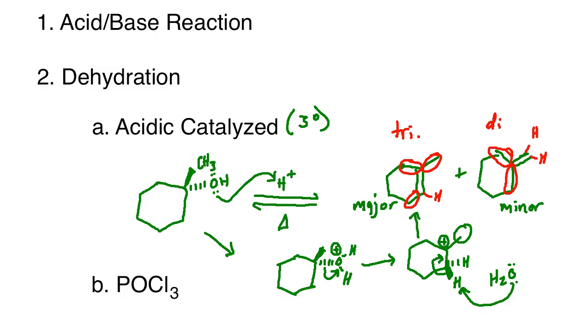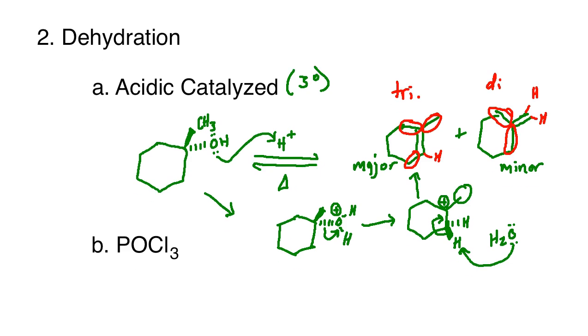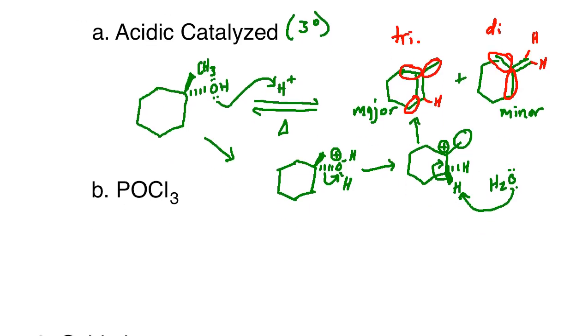So it's important to remember when you're working with dehydration that Zaitsev's rule will apply to any potential products. You will certainly get a mix of these products, but it will be the most highly substituted one that will be the predominant product when you're working with this. All right, now